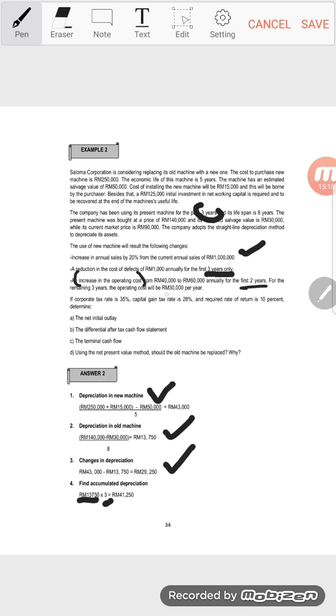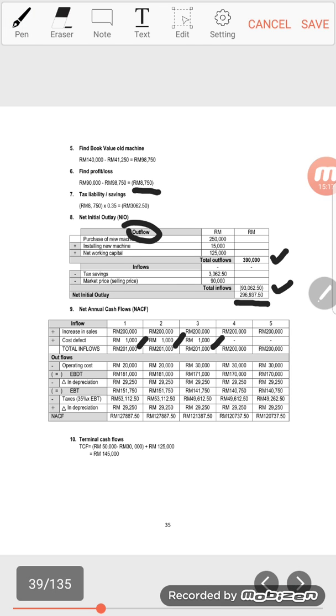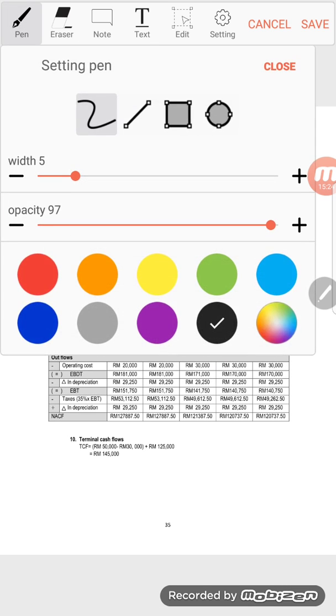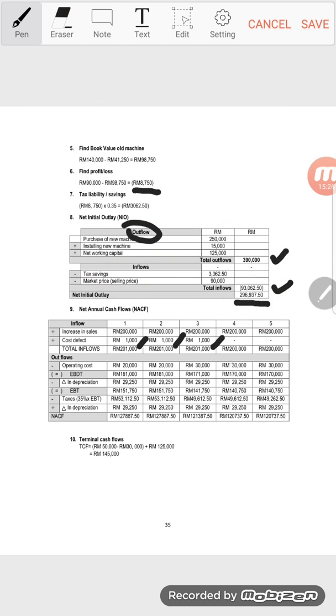Ni, 30,000 per year. Okay, so that's why if you look at your table of NACF, tengok kat sini, year 3, year 4, year 5 is 30,000, dia punya operating cost. Okay, boleh. Now, once you have all the items in outflow and inflow,